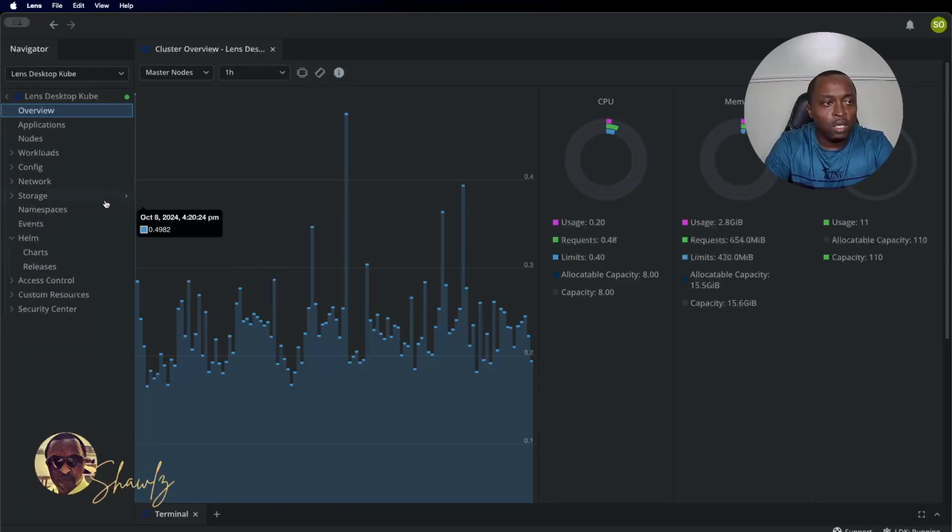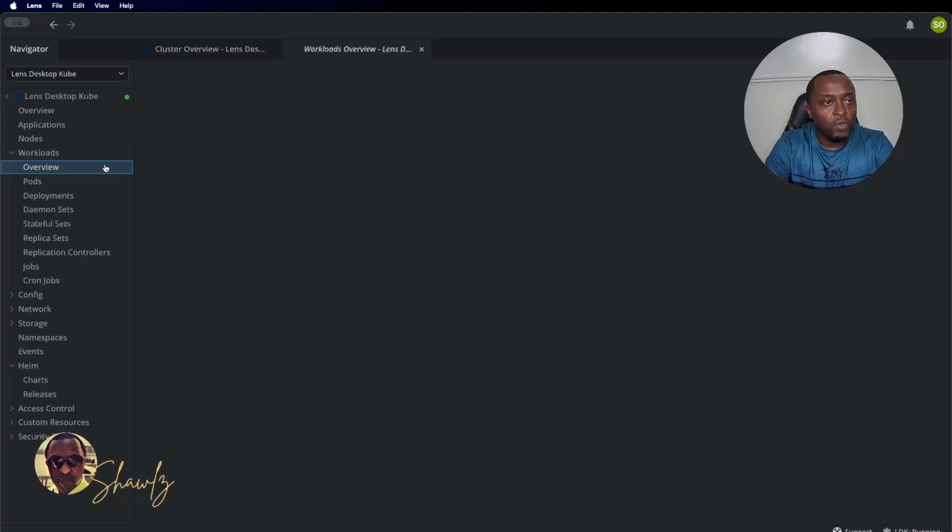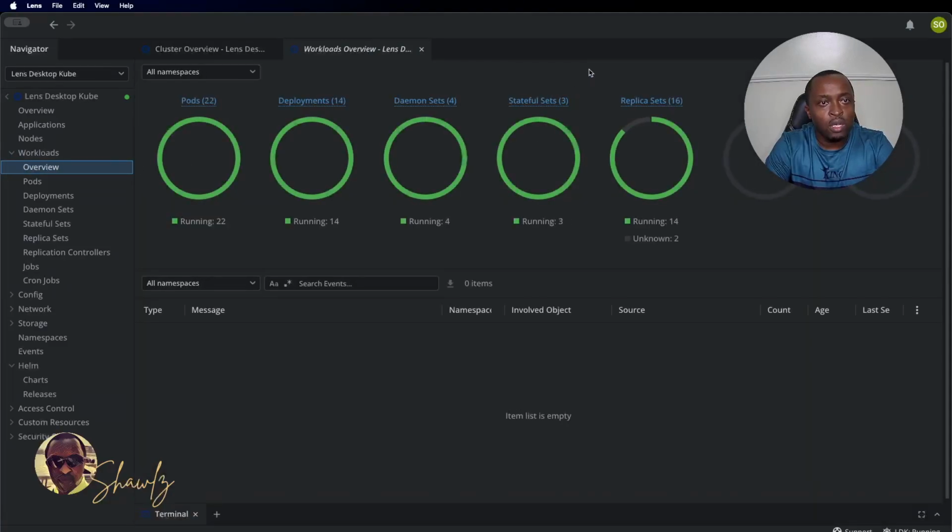If you look on the left hand side, you will see the menu for the cluster. You can see we have workloads, configurations, network, storage, and also, which is a really nice feature, the ability to use Helm and deploy Helm charts via the desktop app. On the workloads, I'm going to click on the overview page, and it's going to give